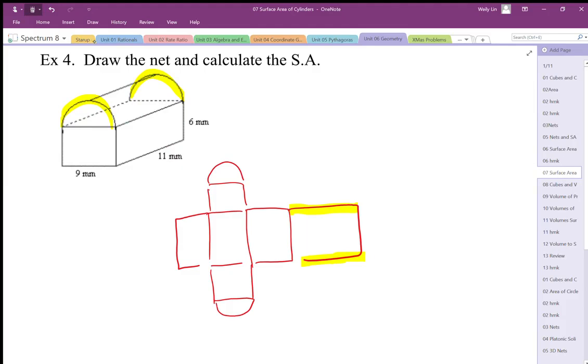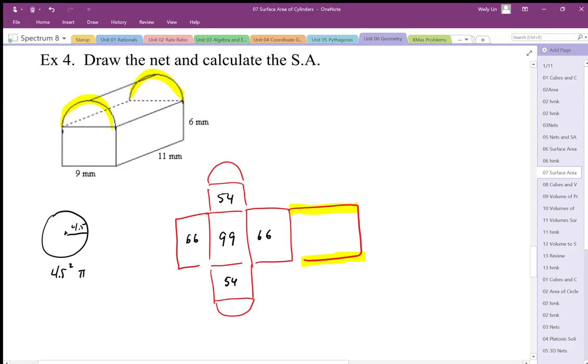So then these are all just rectangles. I need to find the bottom rectangle. The side rectangles are 11 by 6, so 66. This rectangle in here is 9 by 6, so 54, 54. And then the circle parts. Since these are two half circles, I'm just going to calculate them as one circle. It has a radius of 4.5, so I'm just going to draw it over here. When I calculate this, it's going to be 4.5 squared